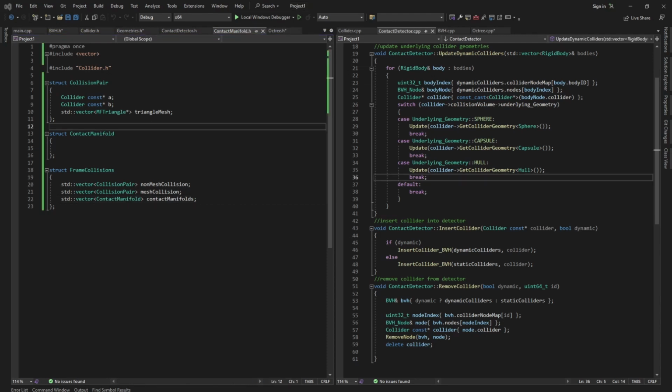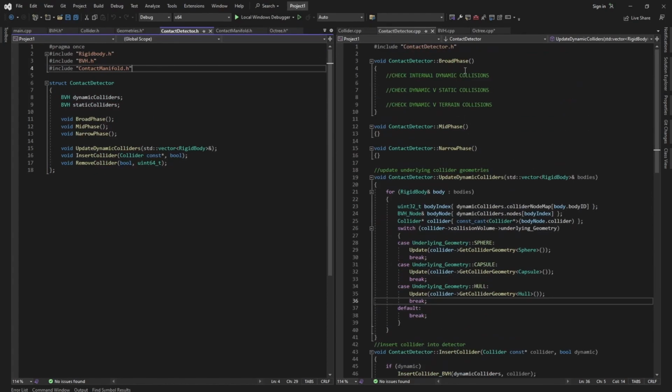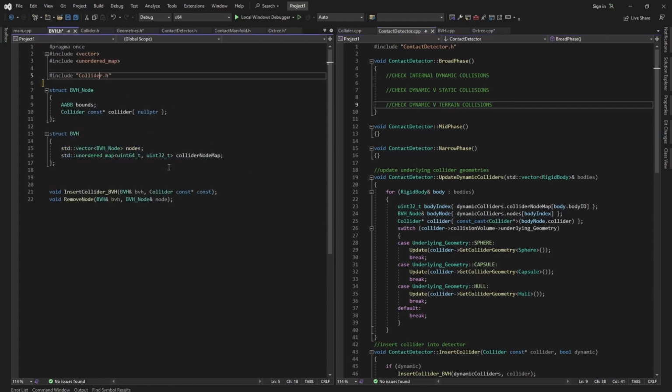Okay, so let's begin with the broad phase. And we'll break the broad phase into three parts: internal dynamic collisions, dynamic versus static collisions, and then dynamic versus terrain collisions. I've touched on this before, so I'm not going to go over that too much. However, here in the BVH file, we need to add two functions. One to check for internal collisions,